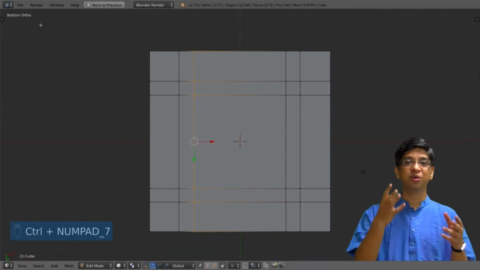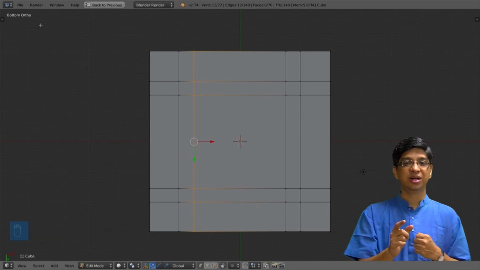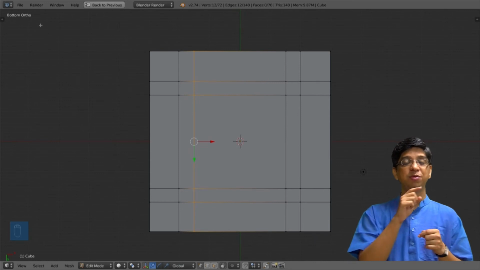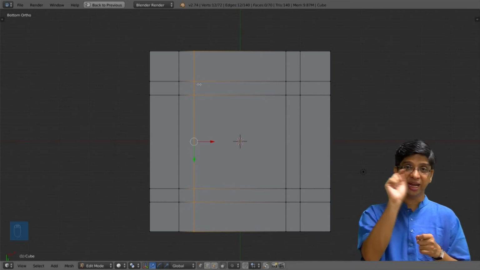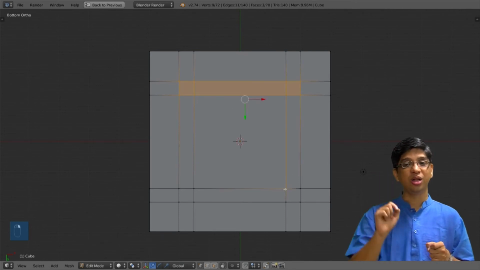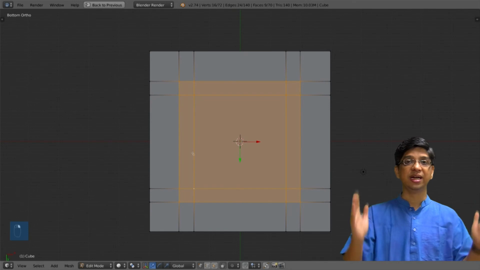So let us now use the bottom view because we want the faces on the bottom to be selected. When we are here, we need to select some faces. Remember, if you start selecting the vertices, which are the points, by pressing Shift and right clicking on the vertices, you can see that after a point the entire region gets selected.